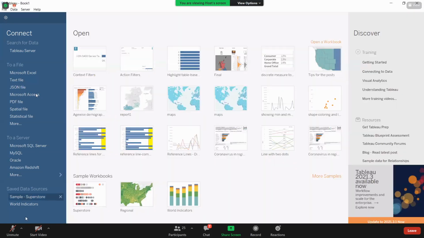Now here, this is about the sample data sources that you have connected to. You might have connected to your data sources, right? Once you saved your data sources, once these are available in your machine, then that list will come here. So this is your landing page. In this middle part, it will be showing the recently opened or the ones that are saved in your machines.